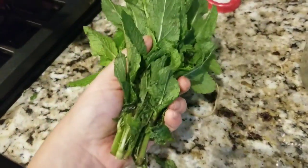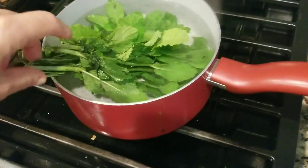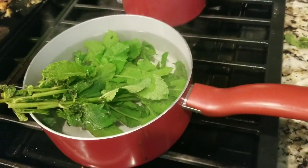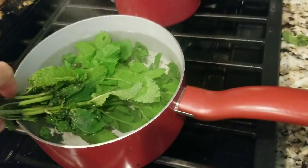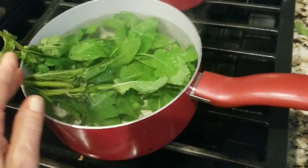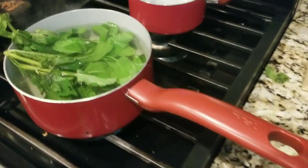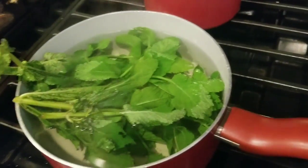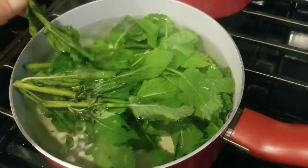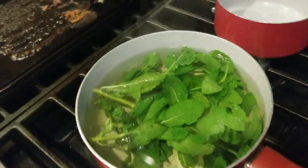Okay, so I got the rubber band off because I don't need a rubber band in my tea. And you just stick it in there. And unlike green tea, I believe you're only supposed to steep for like 2 to 3 minutes because then it starts to get bitter. But herbal tea, you can leave 7, 10 minutes. Leave it in the whole time. I guess it doesn't get a bitter taste to it. So I'm just going to leave that in there. Like I said, I'm going to use it again for a second batch. God, it's so good. They say mint tea is great after